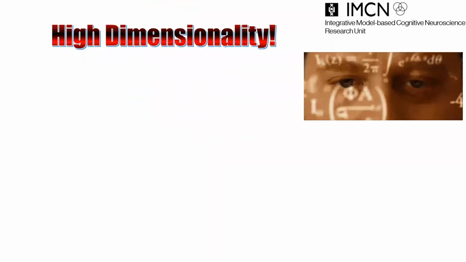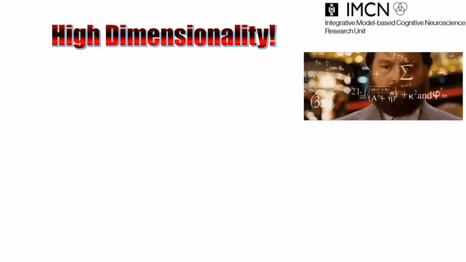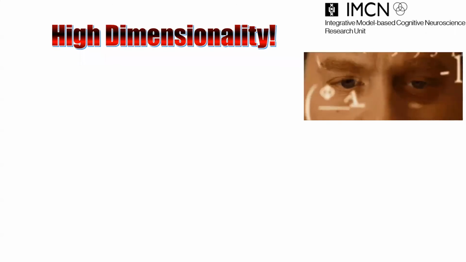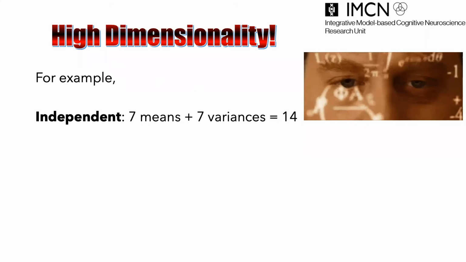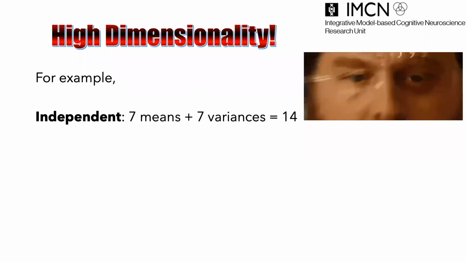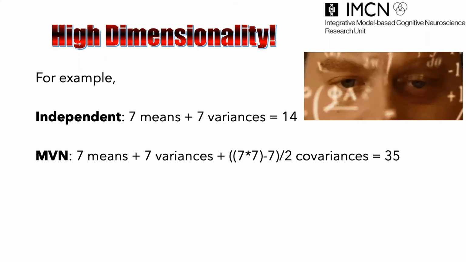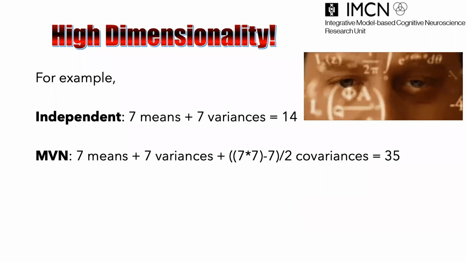Looking at some math for math psych, when we estimate a group level model with no covariances, such that the parameters are assumed to be independent, that is, we assume normals across parameters, we might have a model with, say, 7 group level means and 7 group level variances. This is nice and simple. With a covariance matrix, not so simple. For this, we need to estimate 35 group level parameters.